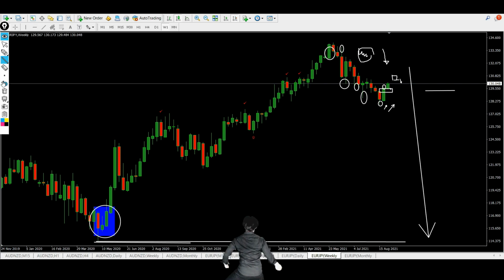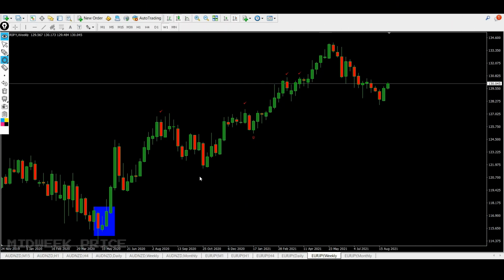Okay, let's talk midweek price. We'll stay on this weekly chart. For a full explanation of the setup I've been looking at for the past couple of months, please refer to this week's weekly forecast. But the basic setup I've been looking at is that on this weekly chart, the last long trade that formed was right here, with a stop loss right here. And so as price pulled back in these areas, I was constantly looking for long trades on the lower time